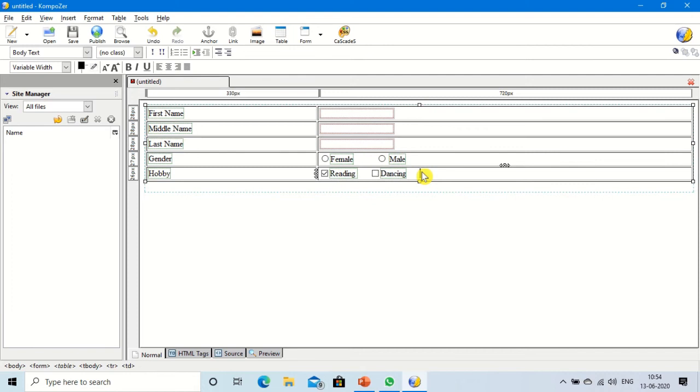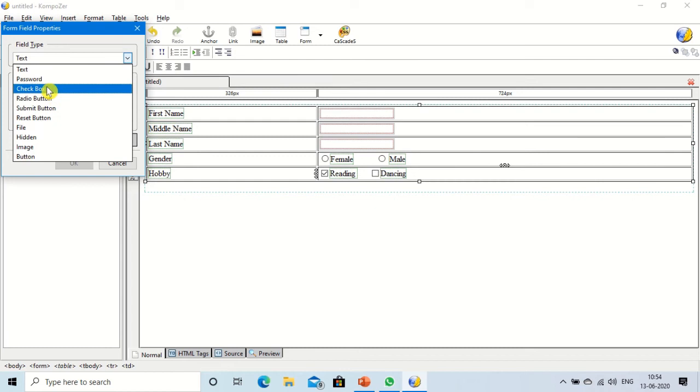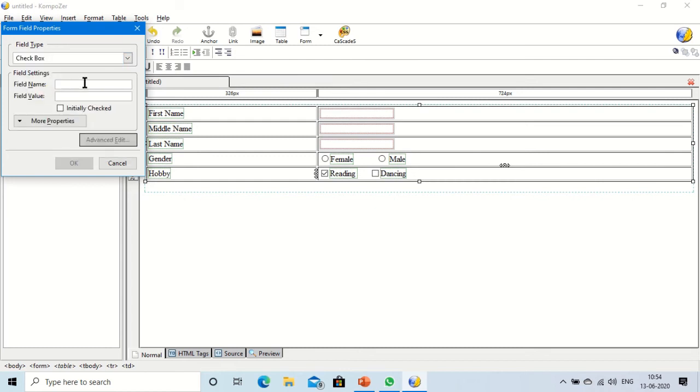Then we will insert another checkbox for singing. So let me insert it, go to the form field and select the checkbox and here give the field name chsinging or sing.